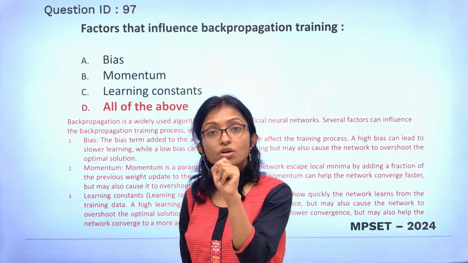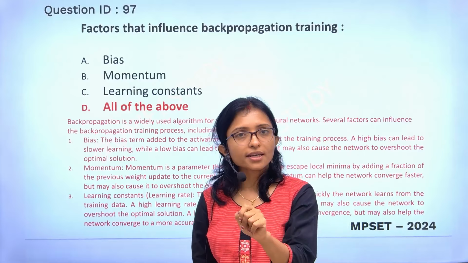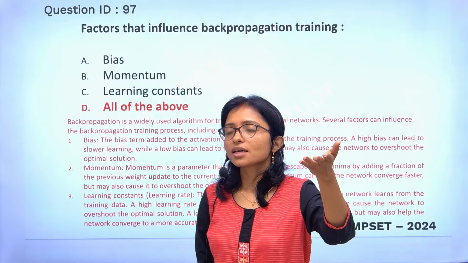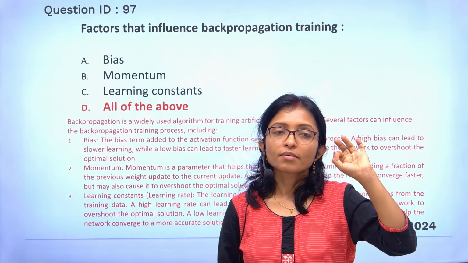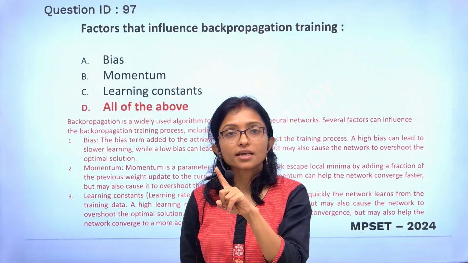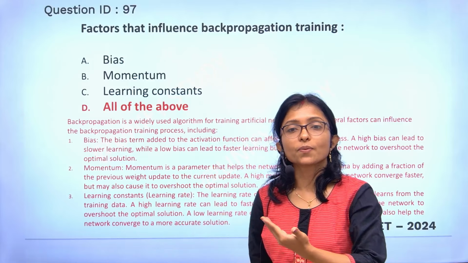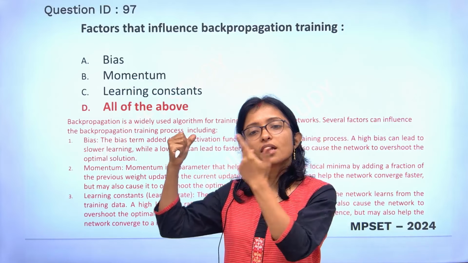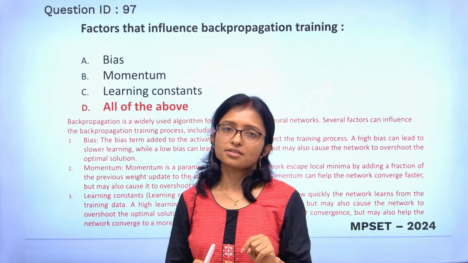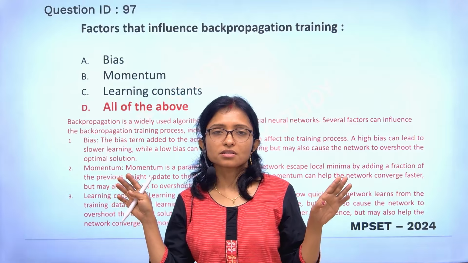That's why I am telling you, don't try to be too fast. Don't try to be too smart. If you are not learning in depth, then there is a high chance that in the exam hall you will overlook the answer key and choose the wrong answer, because options will be very close and statements will be very confusing. If your learning is not done properly, then there is a high chance of that. That is what happens in our neural network also, because our brain works that way, and a neural network also works that way. Slow but steady wins the race. At the time of learning, learn properly. Don't try to be super fast.